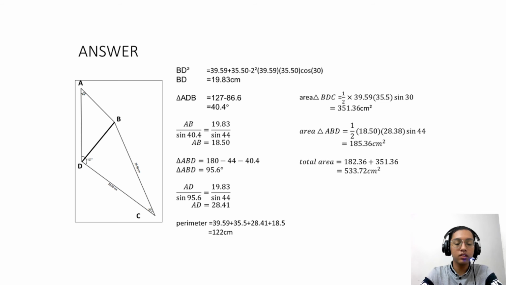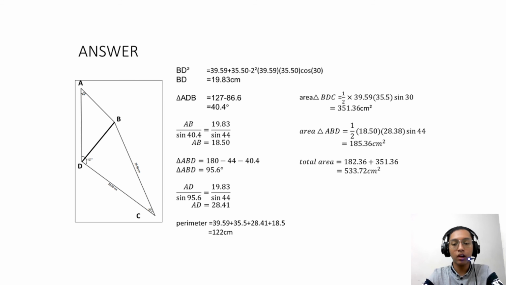After that, we must search for the ABD angle, where 180 minus 44 minus 40.4, and we will get ABD equals 95.6 degrees. With the ABD angle, we can search for the AD length, where AD per sin 95.6 equals 19.83 per sin 44, and we will get AD equals 28.44. For the perimeter, we can just add all the AB length and BC, CD and DA length, and we will get